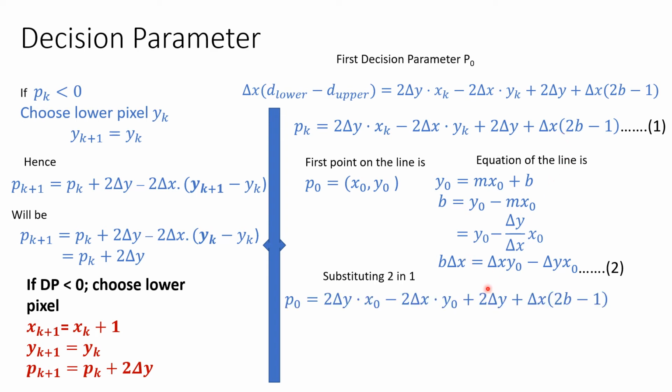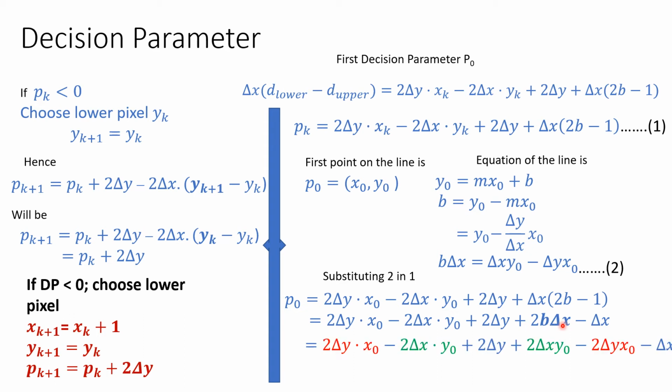Now let us rewrite equation 1 and substitute the value of equation 2 in equation 1. So we get p0 as this, and now we expand it and we get 2b del x. So b del x we have already obtained in equation number 2. We substitute b del x over here and we get this. Now in the given equation, we find that terms are cancelling out each other: 2 del y x0 and minus 2 del y x0. All these terms can be cancelled out and we will be left with